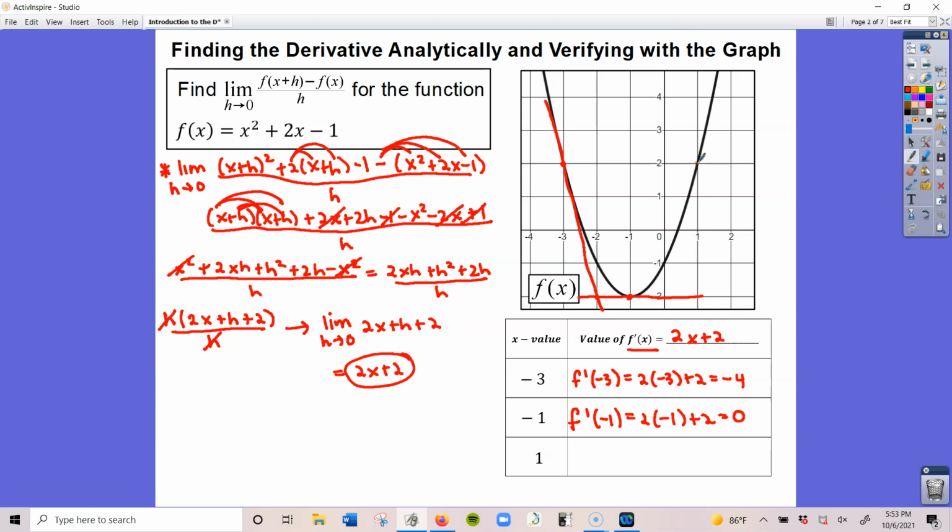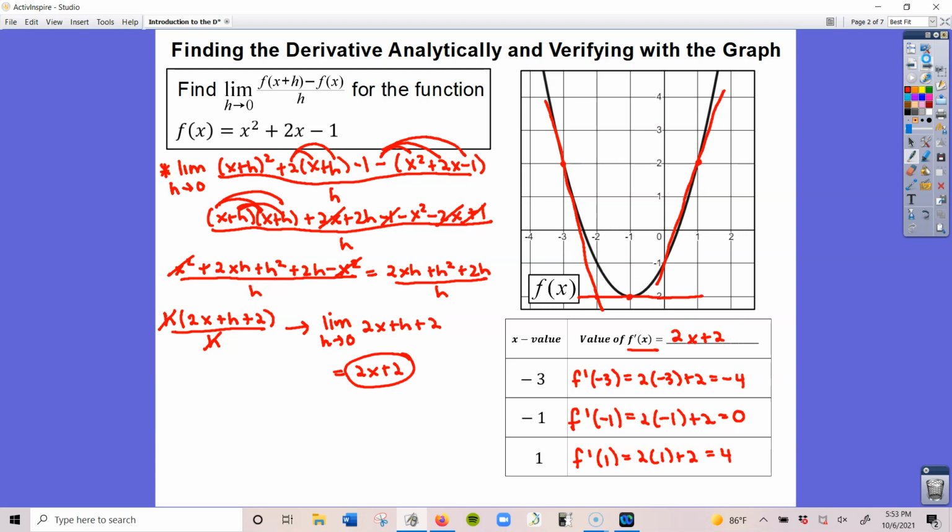At x is equal to 1, my tangent line is going to look something like this. So I can suspect that my slope is going to be positive since my line is increasing. So f prime of 1 is going to be 2 times 1 plus 2, which equals to 4. So again, that suspicion was correct. So that's what the derivative does, is it helps us evaluate for the slope of the tangent line at any particular x